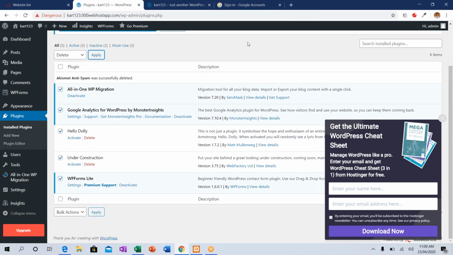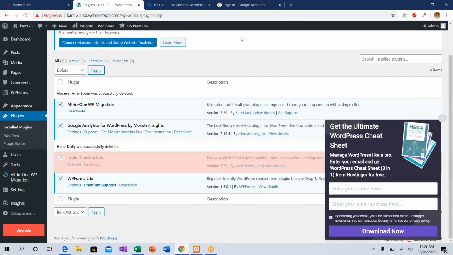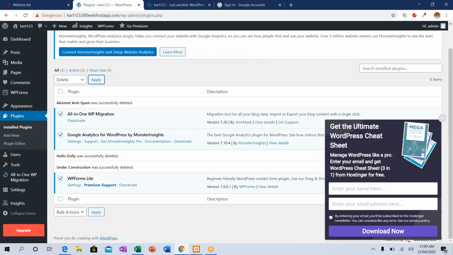I will add the plugins necessary for my website. Okay, I don't want any of these plugins, so I am deleting everything. Just go to plugin, install plugin. In that, go to the plugin option.